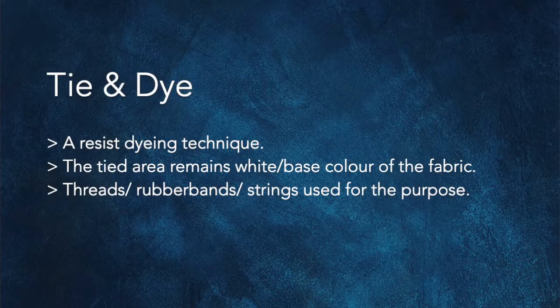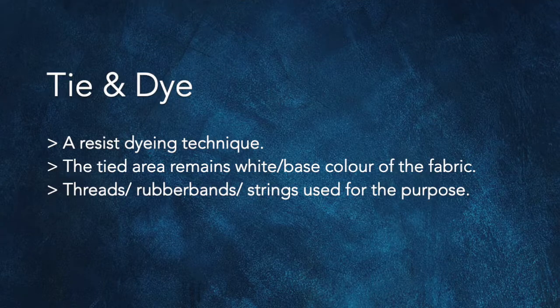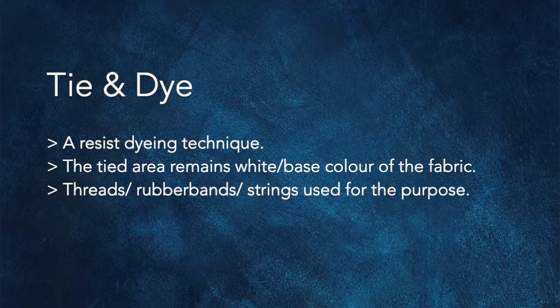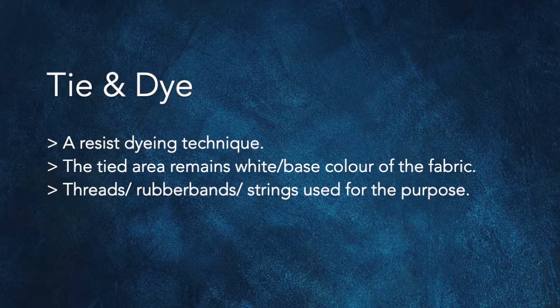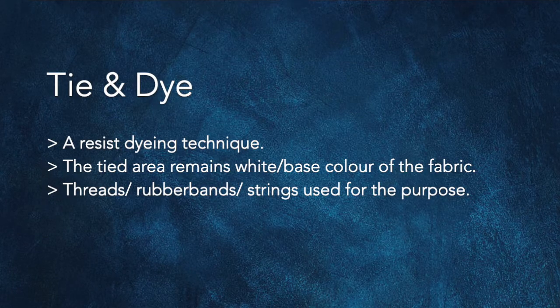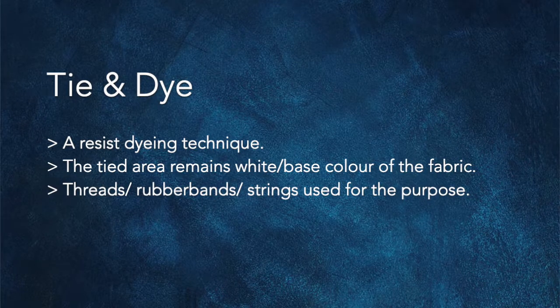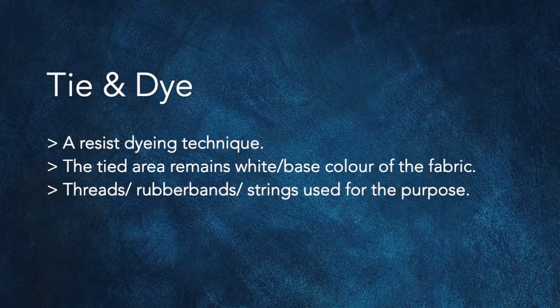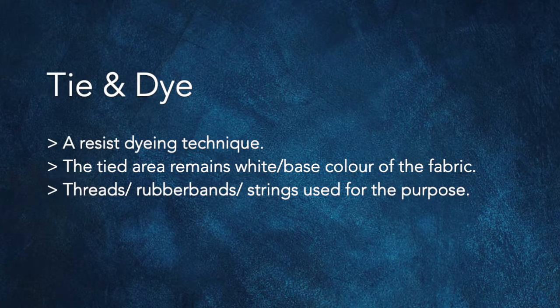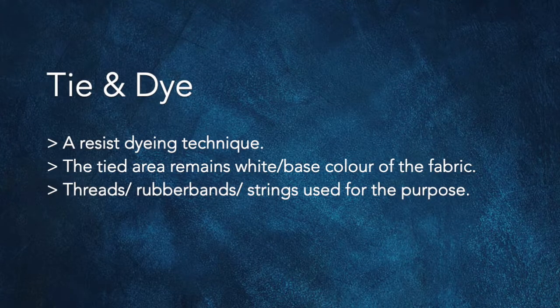What is tie and dye? Tie-dye is a process of dyeing textile or clothing. In this process, we are resisting the area that we don't want to dye through dyeing methods. Any place that the dye can't reach will stay white or a lighter color. We can do this by various methods: folding the fabric, tying it with a string, using rubber bands, etc.